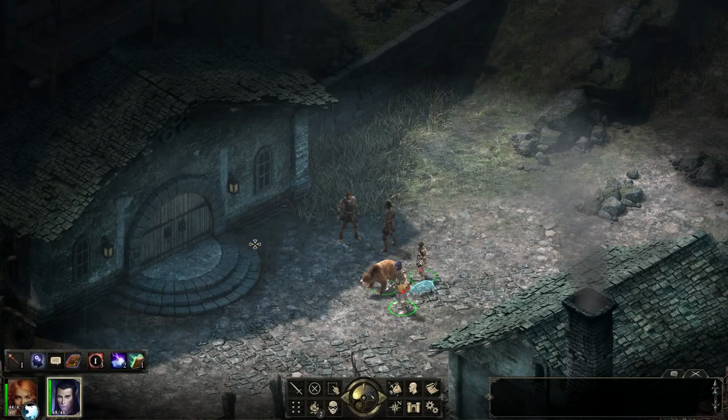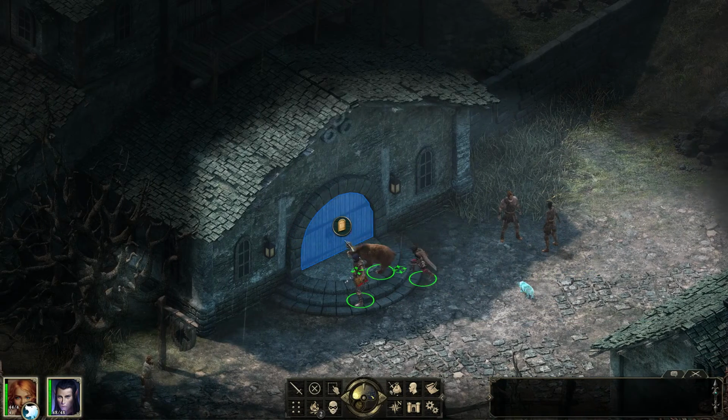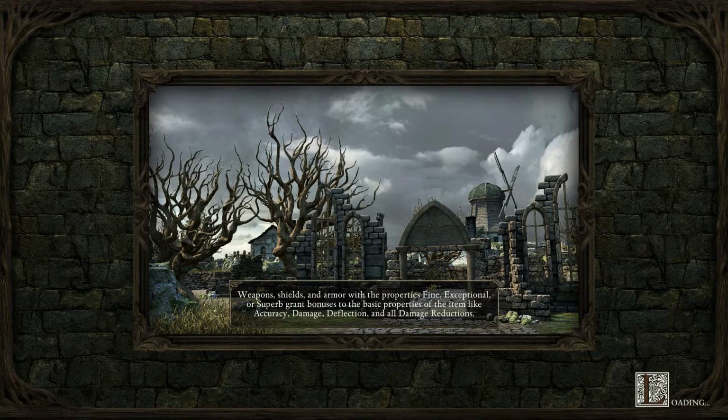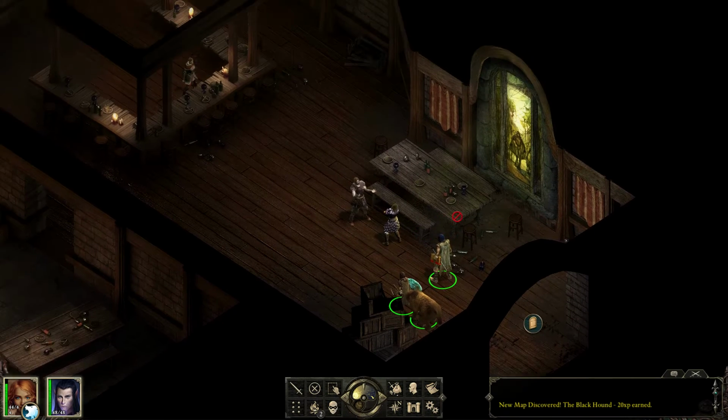We are gonna get into the, what's it called, the Black Bear. Just say the word. Inn. I don't remember exactly what the name of this thing is. The Black Hound Inn. Yeah, that's the word. Let's get in there, and we are gonna find out a little bit more about how we can enlarge our party soon enough. First,